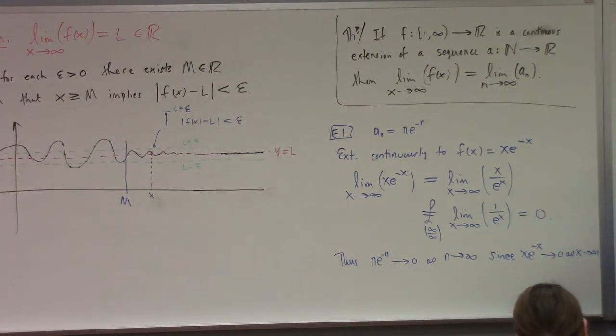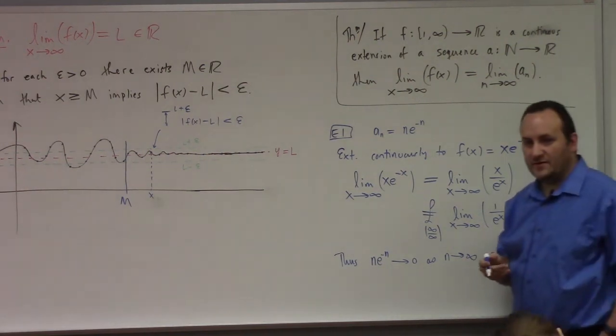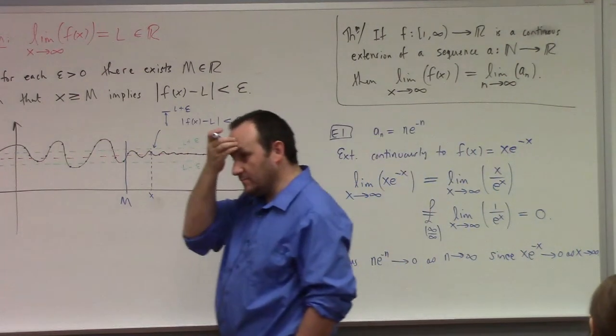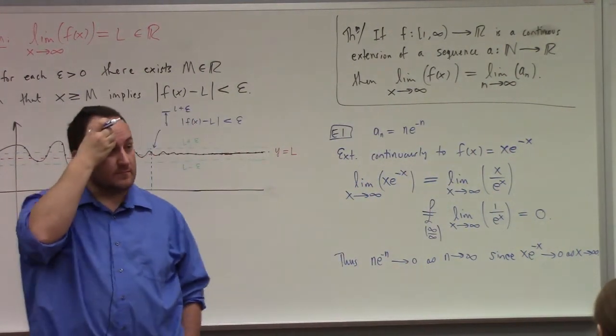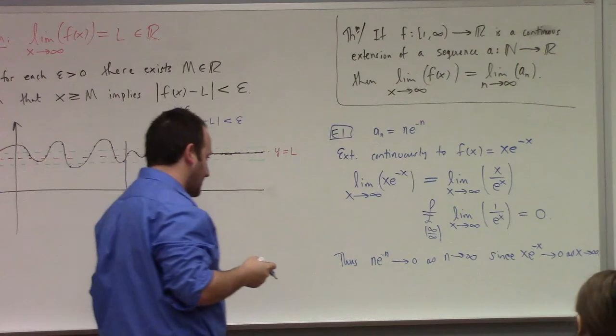So let's see another example. What if we had a sub n equals e to the minus n sine of n squared? What's the limit of this sequence? Yep. So after the 0, thus